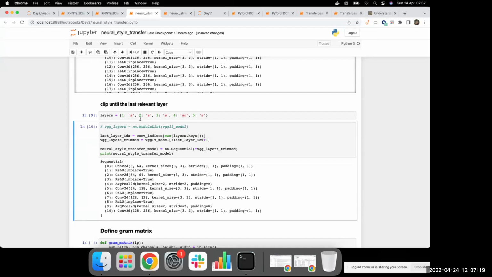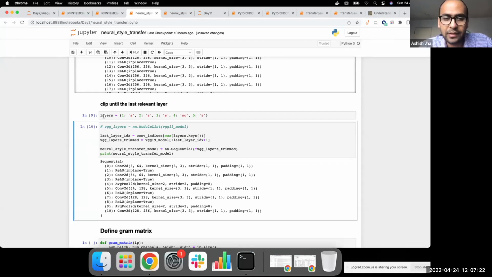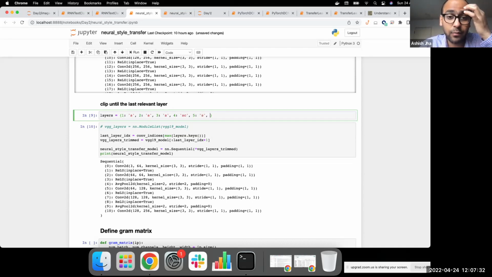How do you decide the relevant layer? Yeah, this is totally based on the actual neural style transfer paper, where they retain until the 5th layer. You could even experiment by using even more or even less. I would encourage that as a hyperparameter choice, if you want to add more convolutional layers or remove this last one. But I'm just trying to follow what has been done in the original paper.